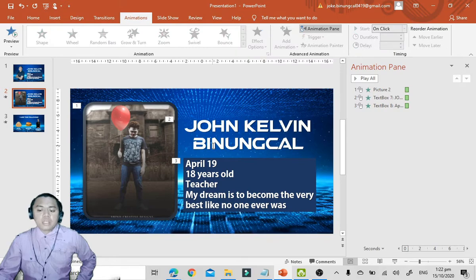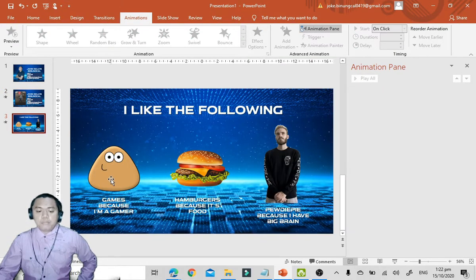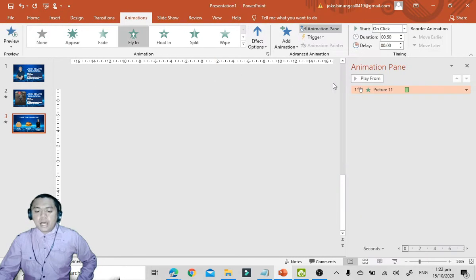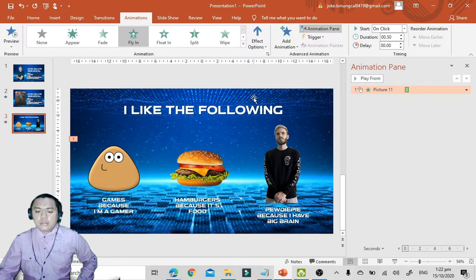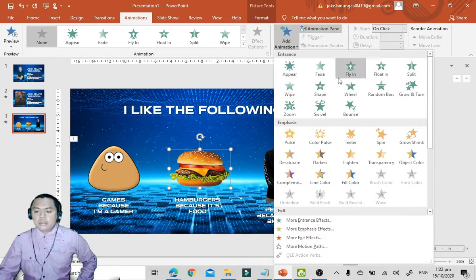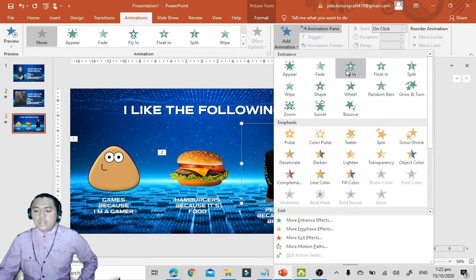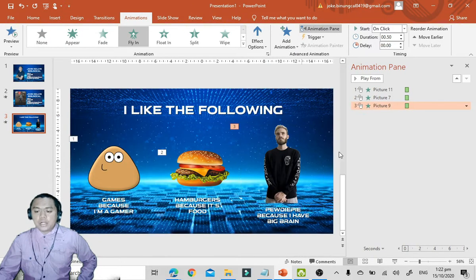Okay. If you're done putting animation in the first slide, go to the next slide and put animations, then done. So let's put fly in. Let's put fly in. And let's put fly in. As you notice, while I'm putting animations here, the animations go here. Ibig sabihin, this is the list of animations that you are putting